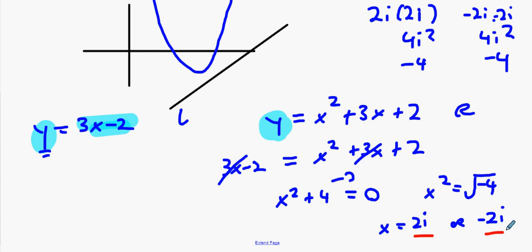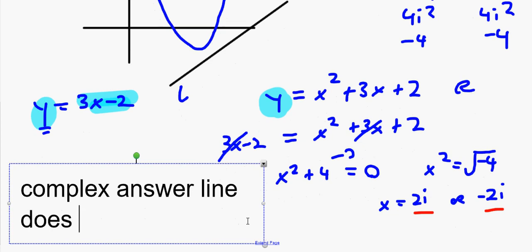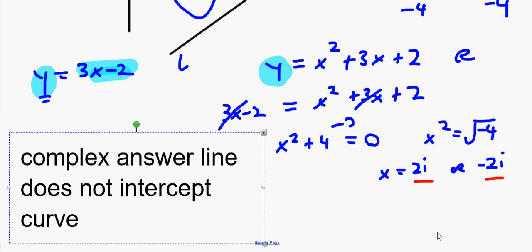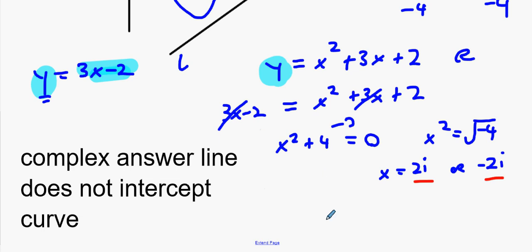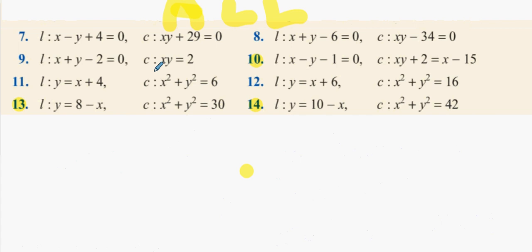Now you write down a quick little thing down the bottom here, and what you say is complex answer, line does not intercept curve. Is that okay? If you got two regular answers, what would that mean? If you got two regular answers, let's say you got an answer of x equals 2 and x equals minus 2, what would that mean? It means that it hit it twice. Does that make sense? Alright, you guys in class now, will you guys try question